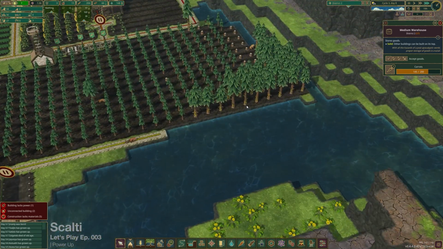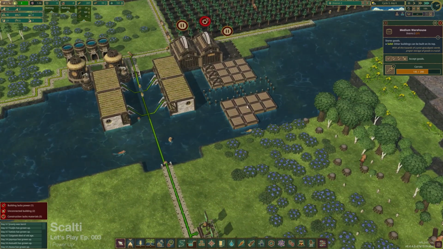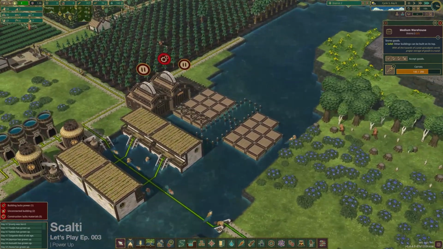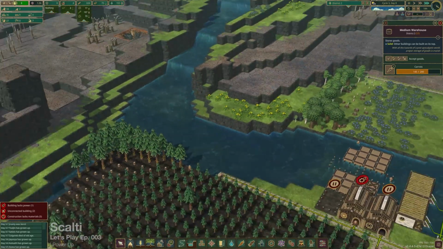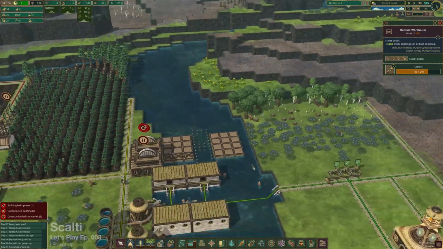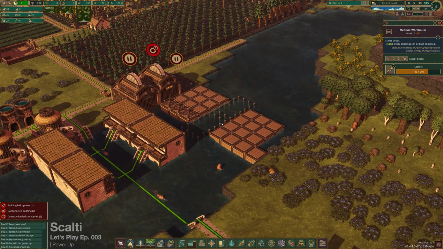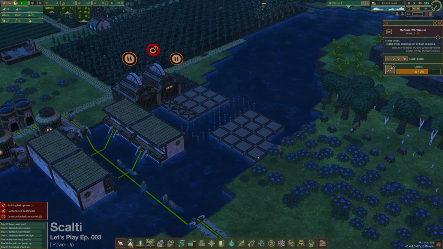The one thing I'm curious about is if it will cause a backup over here and create some flooding. I don't think it should, but we'll see. You never know. The way fluid flow is calculated in the game can get a little tricky. There's a way to... Oh, that was interesting. There's a way to... Oh, I think it's just because I built this over here. So...